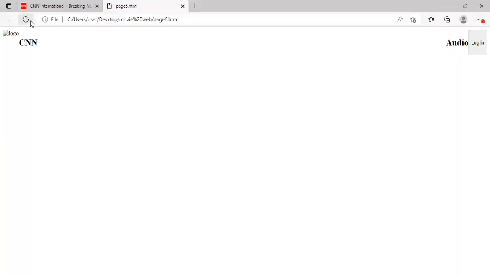So take a look at it. All right. So why is it not aligning? Which of them? This one? Yes, logo and CNN, they are not aligning like audio. The logo is a box. This is just a text. If you have the image there, it should be able to align properly. It's because we're not seeing the image here. If it's not aligning, we'll still use justify content, align content center, align items center, justify content center. However, the margin to the right